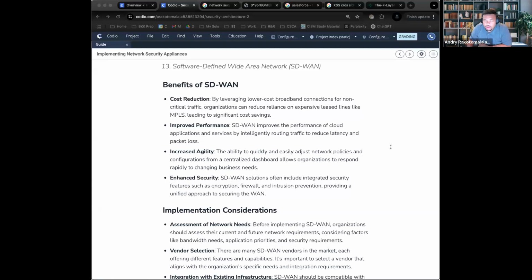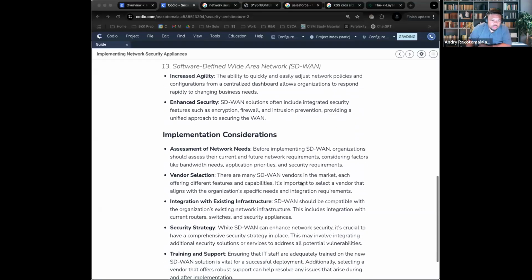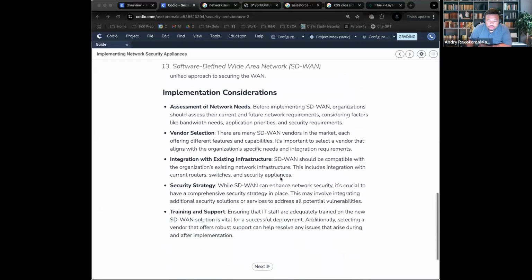All right. So you have your network. So in your network, you have this software that you want to use. How do you implement it? I will dwindle this down into three easy steps. The first thing is you want to assess your network and how it's doing. And then you want to find a vendor that is able to integrate with your network and integrate with your infrastructure.